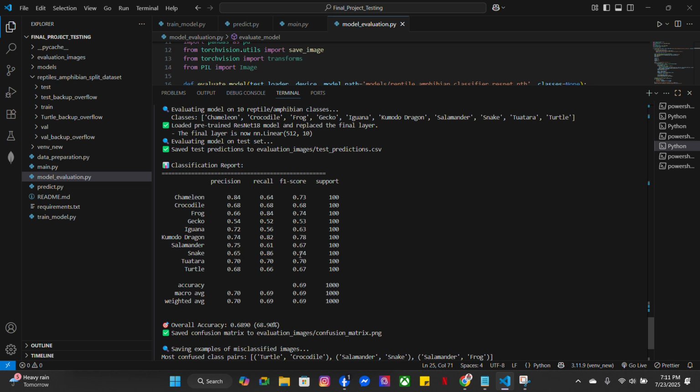This is often due to visual similarity between species. For example, geckos and iguanas, or even tuataras, look very similar in size and color patterns. Even slight background differences or lighting changes can mislead the model.